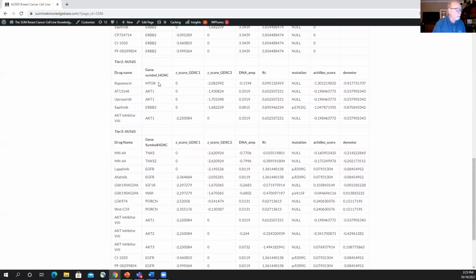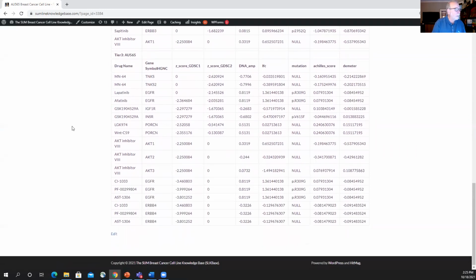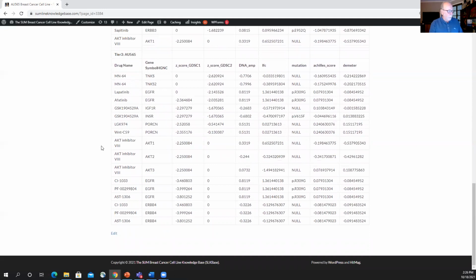Because ERB2 signals through the PI3 kinase pathway, mTOR is in that pathway, AKT is in that pathway. We know that ERB2 talks to ERB3. ERB3 was highly essential in these cells. So this drug that's sort of associated with ERB3, the cells are quite sensitive to that as well. So the tier 2 drugs make sense. And now you have a longer list of drugs to which these cells are sensitive in a way that makes mechanistic sense. And then now we've got these tier 3 drugs where we have a drug here, this MN64, which